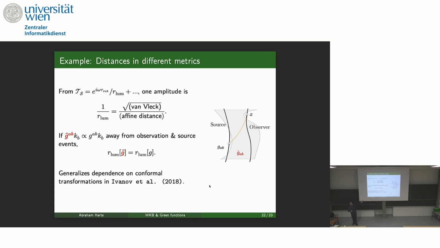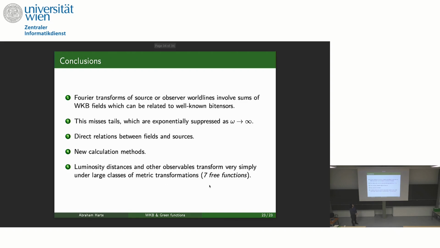There are some things I left out that I don't have time to get into, but basically you can transform non-trivial observables without going back to first principles. The interesting thing is that this is not true for the affine distance. That does not transform nicely. The Van Vleck determinant does not transform nicely. The ratio does. You get to identify things that transform nicely under changes in the metric. You can do this with advanced and retarded time functions, with redshifts, with all different kinds of things using this kind of method. All right, so just to conclude,